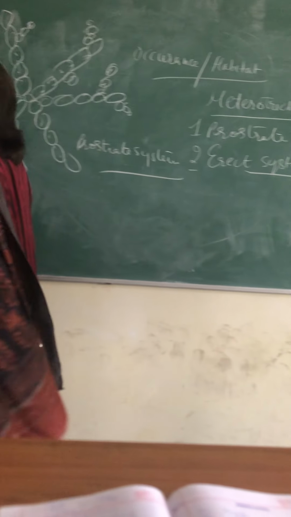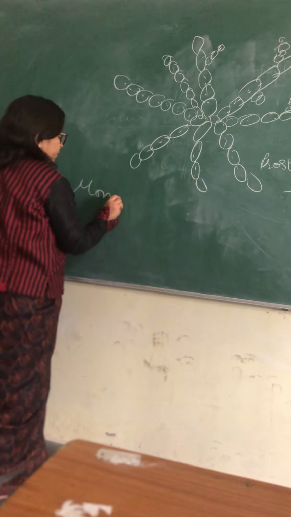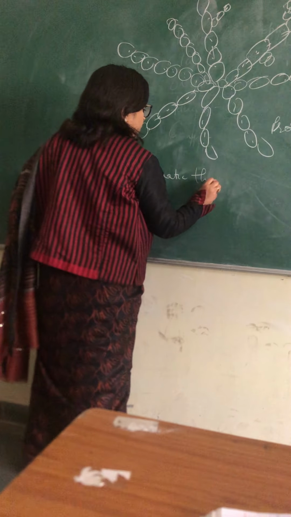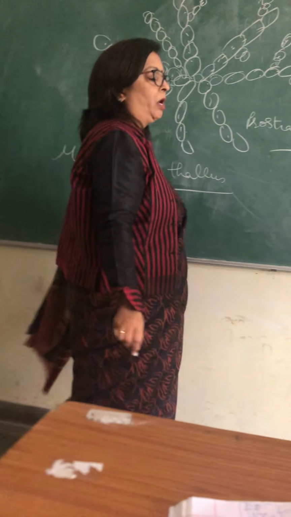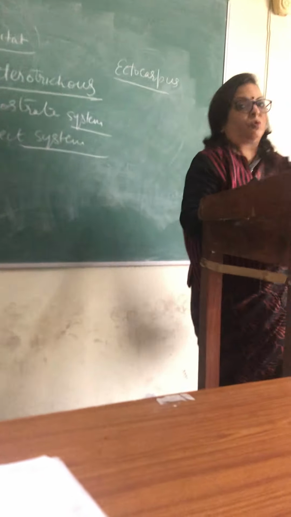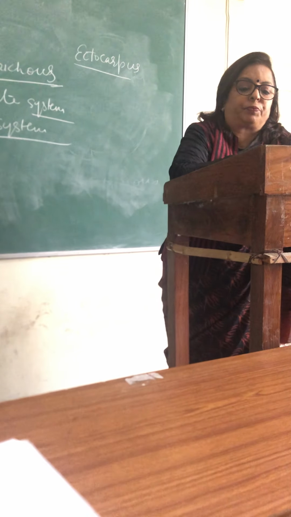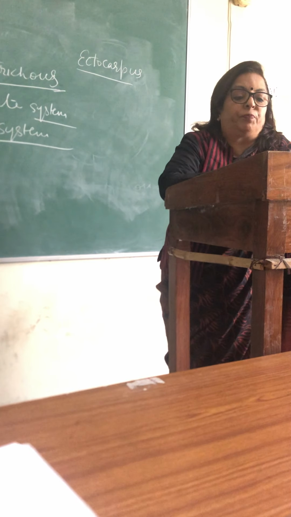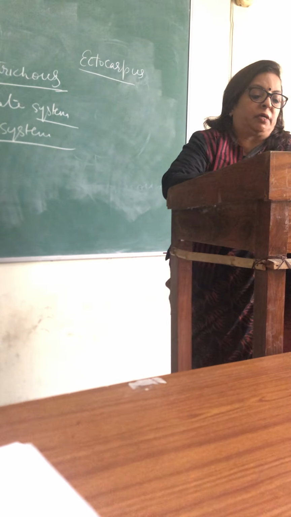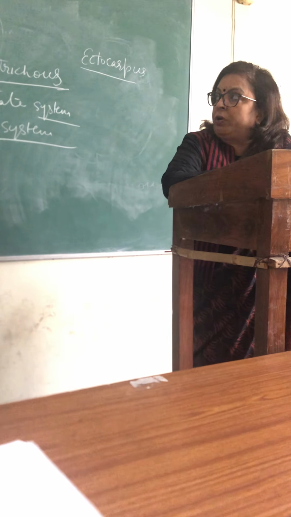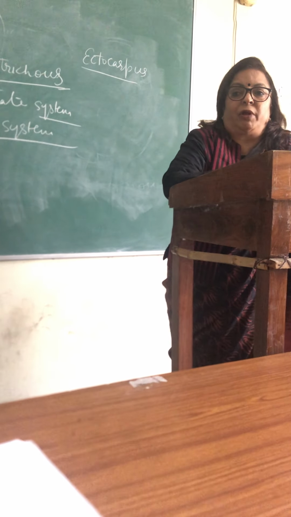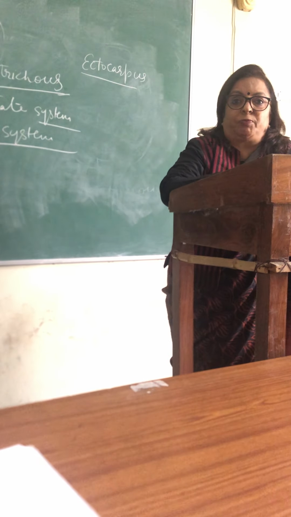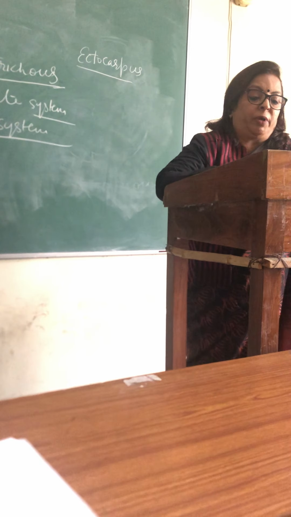Now, what do we mean by monostromatic thallus? You note down this term. I would like to ask you tomorrow what is monostromatic. You have to find it out. And this means it consists of branched filaments, and branches are produced by protrusion from the main filament, means they are arising from outgrowths of the main filament. Protrusion means outgrowths of the main filament.